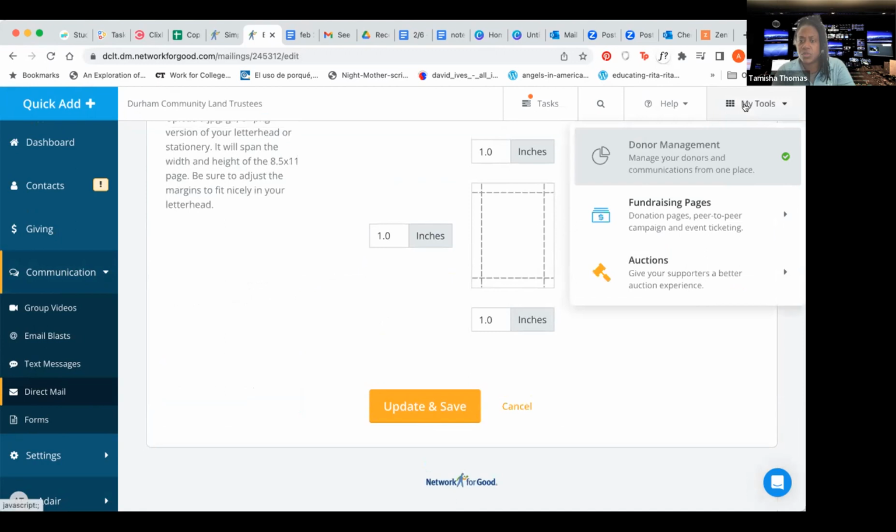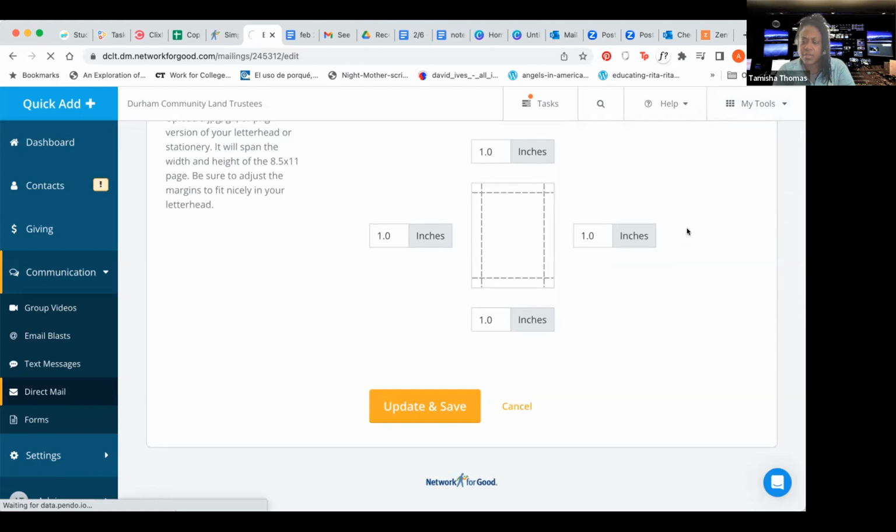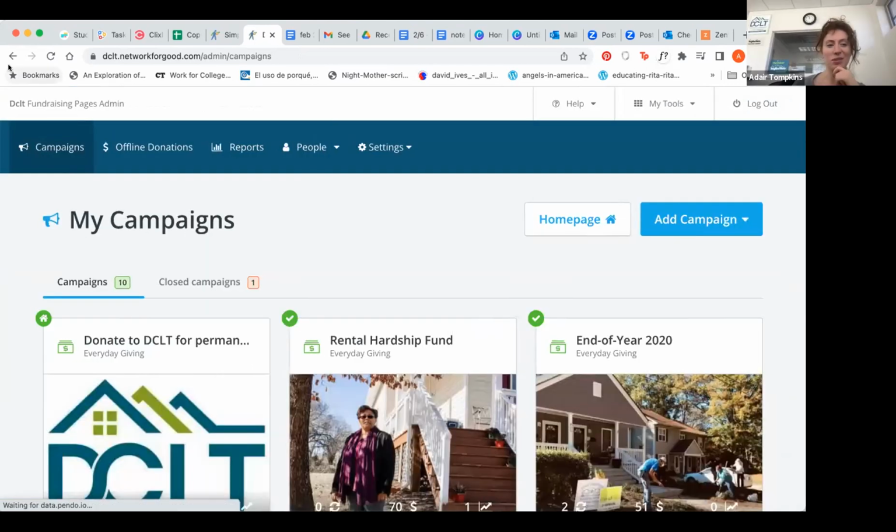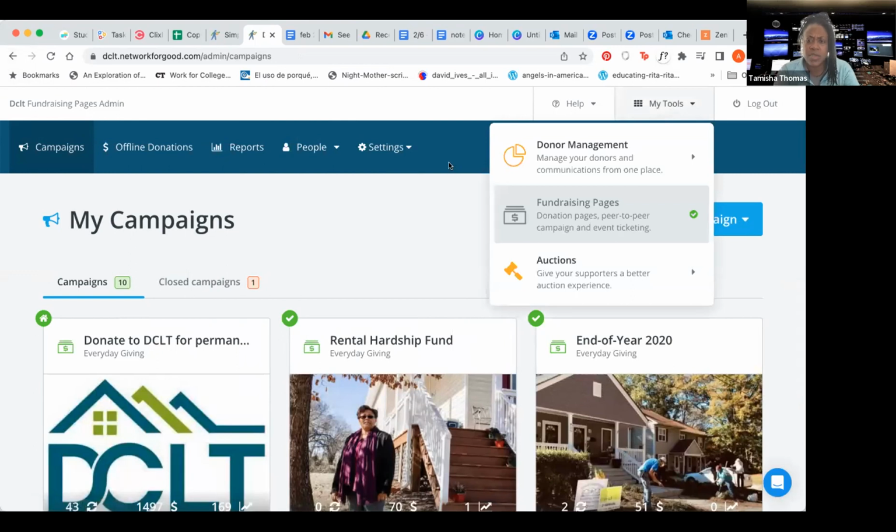Go down to my tools, fundraising pages, donation pages, peer-to-peer campaign. Hold on, you're clicking too fast. Go back to my tools again. Okay, these are my tools. Okay, so fundraising auctions give your supporters a better auction experience. Okay, so then come down to